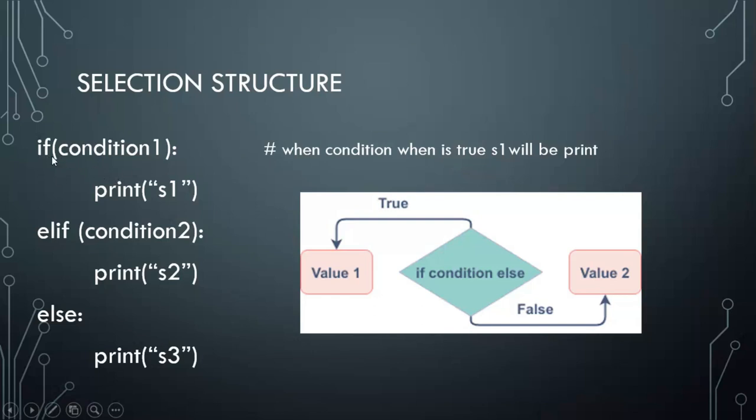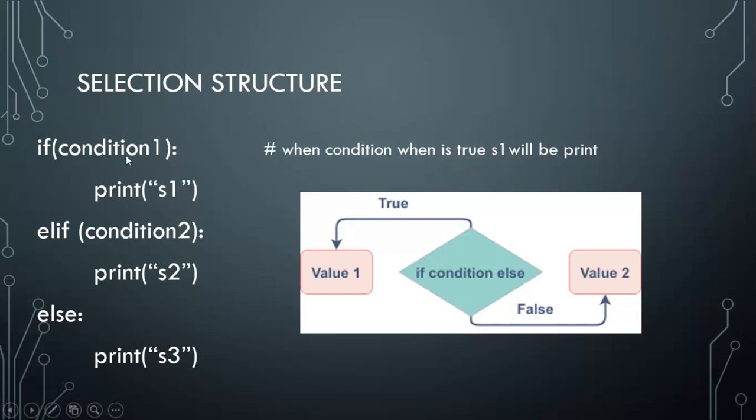This is a syntax of if. We write if and write parentheses and write condition in these parentheses and write colon at the end and write some code here inside the if block. There must be a tab or indent for block of if code, and similarly for elif they should all the lines should be written in indent block, mean there must be a tab. Similarly for else,